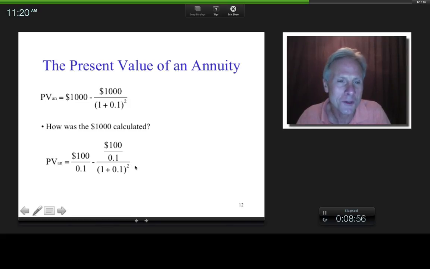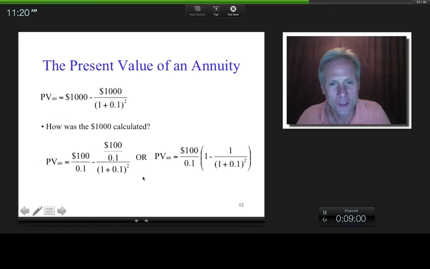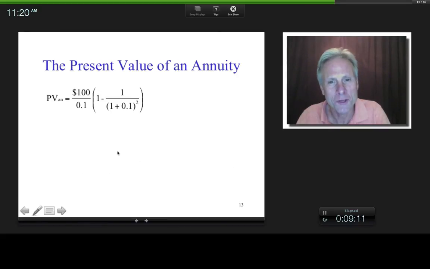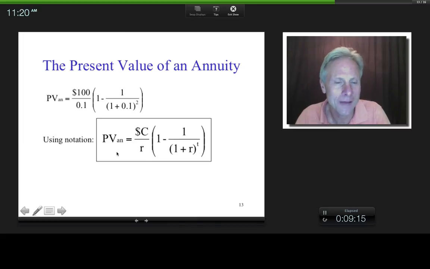And if I wanted to, could I clean this up? Could I maybe factor out these guys? I could, right? So here I've factored out the 100 over 0.1 times this 1 is what we have there, times this 1 is what we have up here. And so if we use notation, then essentially we have something that looks like that. The present value of the annuity, the C is the 100, that's the cash flow. R is